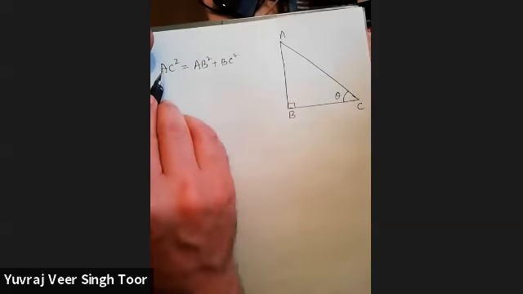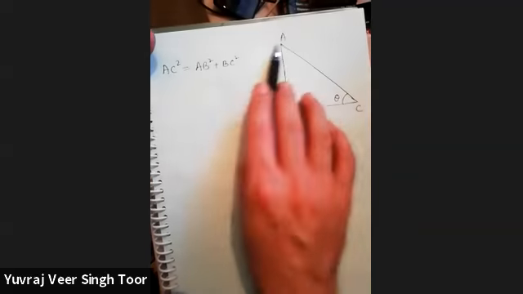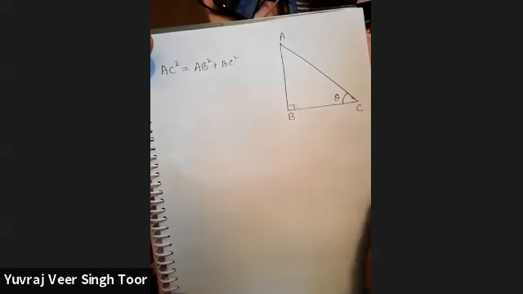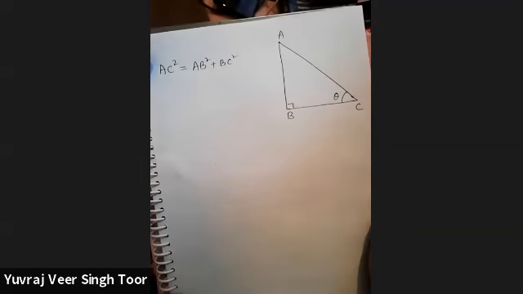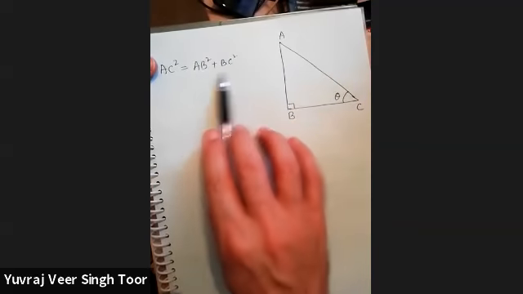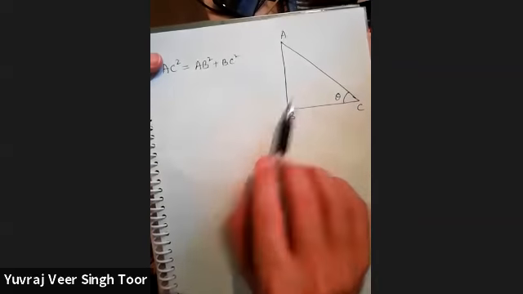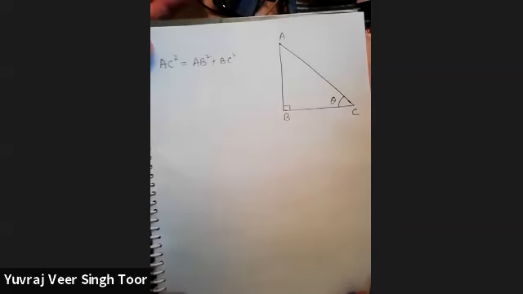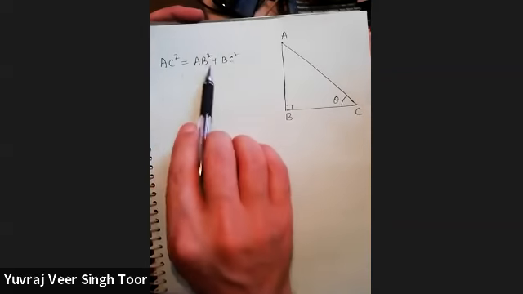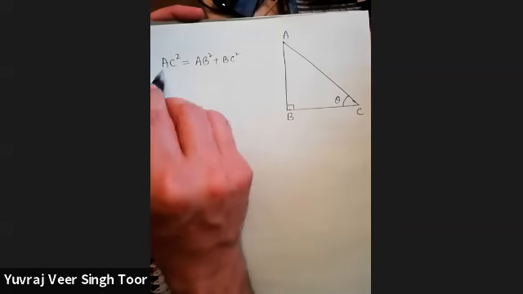So if I want to relate Pythagoras with trigonometry, trigonometry is a side ratio concept of right angled triangle, and Pythagoras is the concept of the square of the longest side is equal to sum of the square of other two sides, or the sides including 90 degrees. So how can we relate the ratios with the Pythagoras result? It is quite easy to do